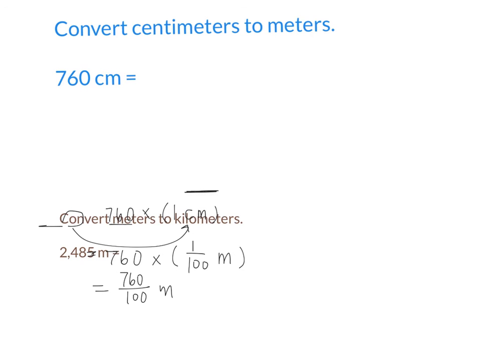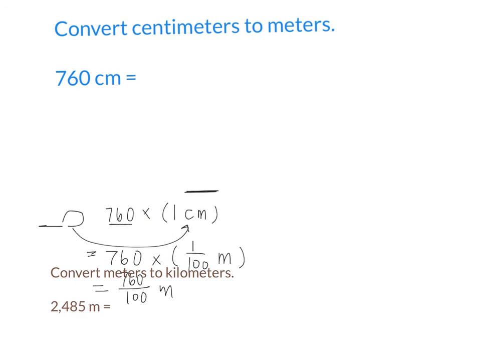Now to simplify this is the same thing as 760 divided by 100, right? So what is that? If I have 760, do I have to write it in standard algorithm? No. No, because if I have 760, here's the decimal point. When I divide by 100, what happens to the decimal point? Good. So the answer is